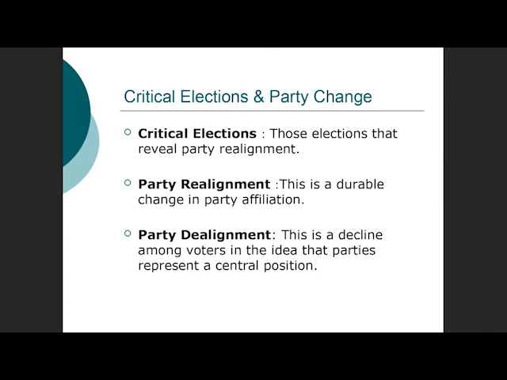If it's durable, if it's going to last 2, 4, 8 years, it might be what we call a party realignment, which is a durable change in the affiliation of voters from one party or no party to another party. And so if it had happened this time, we'd have seen, as I said, independents and progressives, maybe some Green Party members, and obviously the Democrats all coalesced together behind the Democratic candidates for office, from state office to national office to the presidency.